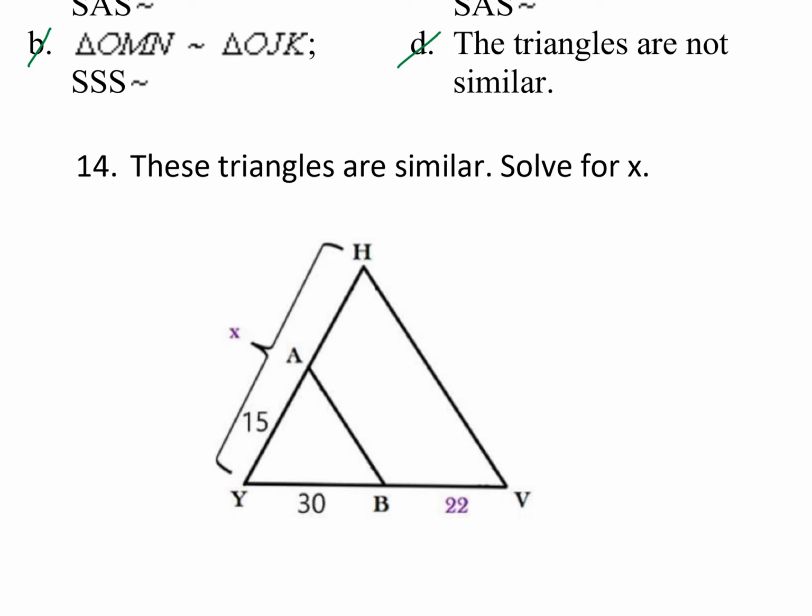These triangles are similar. Solve for X. Okay, so once again, we don't have parallel markings. So we're looking at a small triangle and a big triangle with a shared angle here. So 15 to 30 equals the whole distance of that other side, X over 30 plus 25, which is 55. To solve this, I'm going to multiply both sides by 55. And then X equals, well,